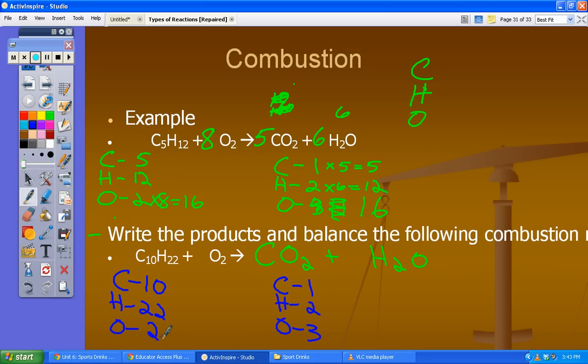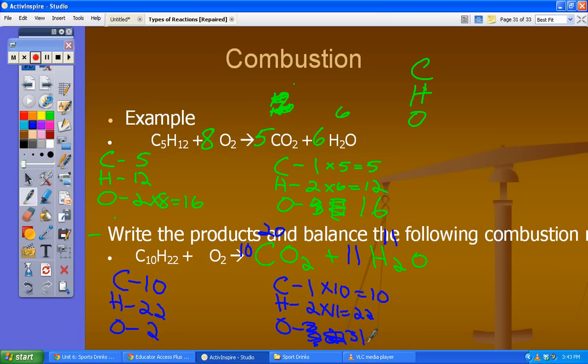So let's do carbon first. I need to multiply this by 10 to give me 10, so I put a 10 in front here. That changes the number of oxygens I have, so I have 21 now for my oxygens. And I still have 2 hydrogens. So let's do hydrogen next, and you'll see how easy this is here in a second. 2 times 11 will give me 22, so I put an 11 out in front here. That also changes the number of oxygens. So I had 20 now here, and I have 11 from here. So I have 31